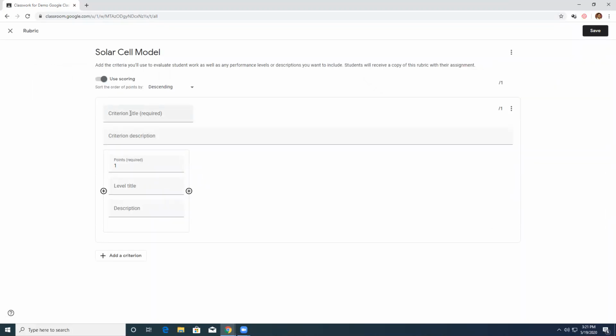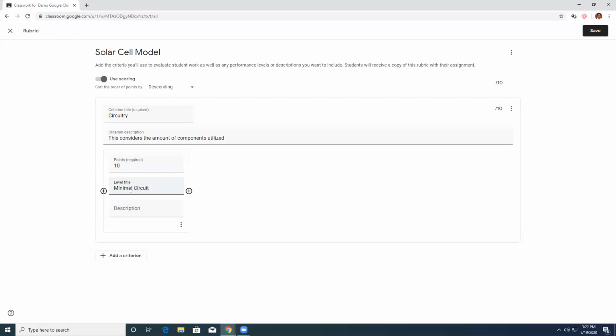The idea is, for example, the aim is that students should be making a solar cell, or they have to make some model. Now you fix up the criteria for judging it. So let us say the circuitry. Description you can put: this considers the amount of components utilized, something like that. So let us say you give 10 points for